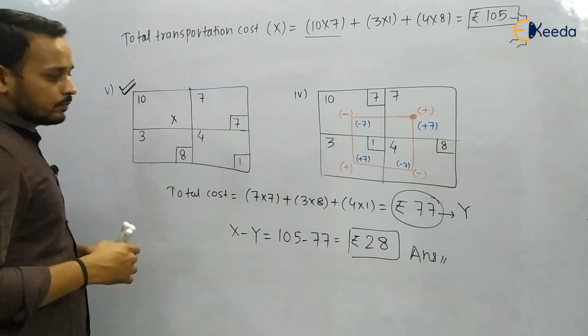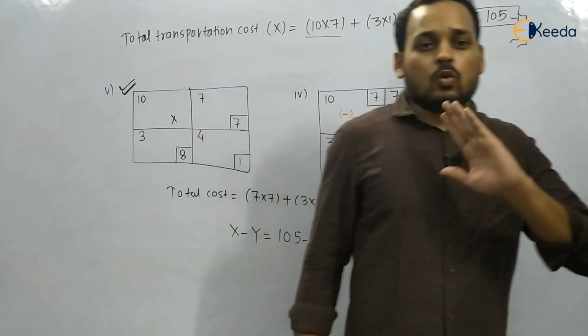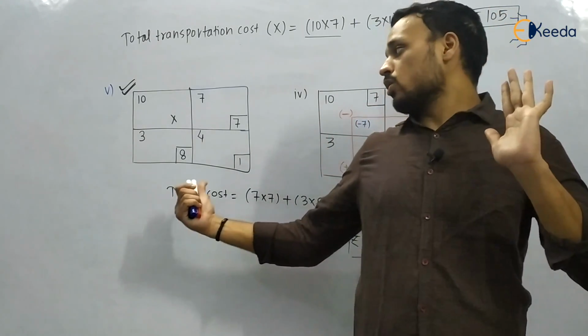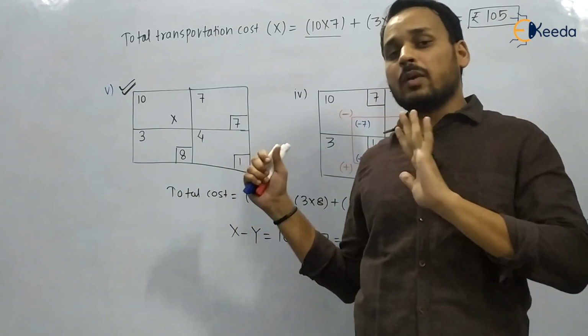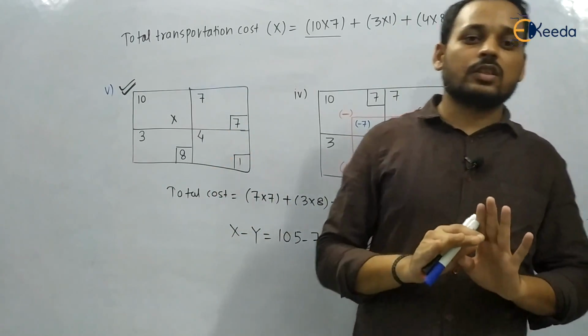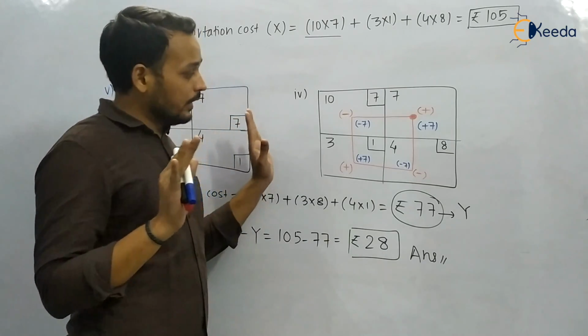So you can see that we have applied different methods. In the theory class we saw the Vogel approximation method, and the question in GATE has been asked on the northwest corner rule and then perform the optimality check. So everything is known to you. Just go and revise these things, because the steps are easy, but it is lengthy.